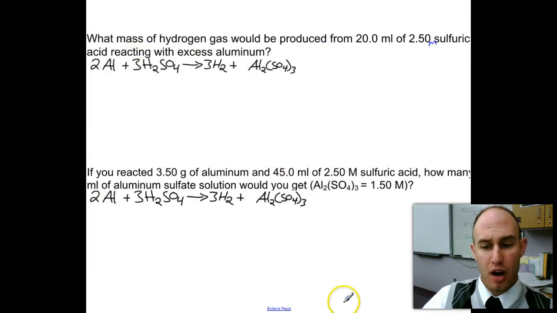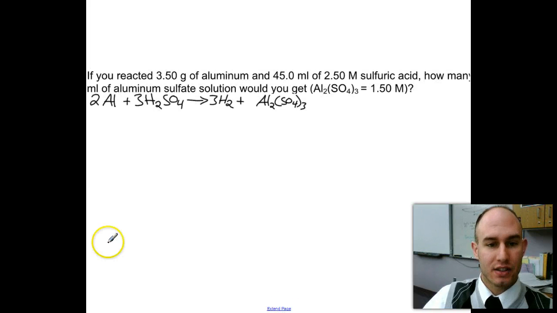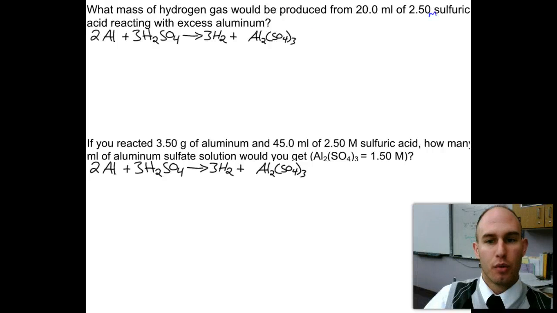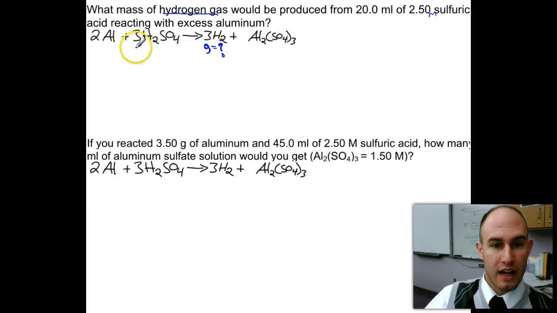We're on this problem right here. What mass of hydrogen gas would be produced? So I'm trying to find hydrogen gas, my grams unknown, from 20 milliliters of sulfuric acid. I'm going to convert my milliliters to liters. Remember, there's 1,000 mL in a liter, so I just moved the decimal 1, 2, 3 spots. So it's 0.02